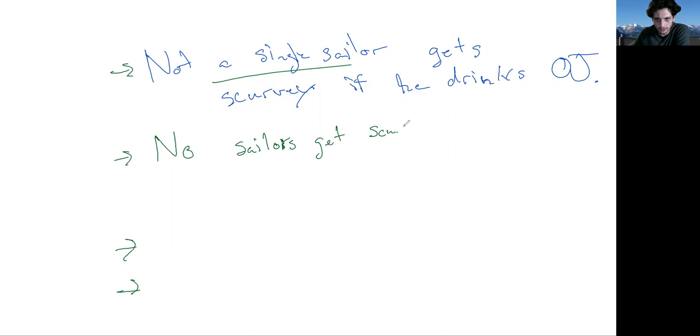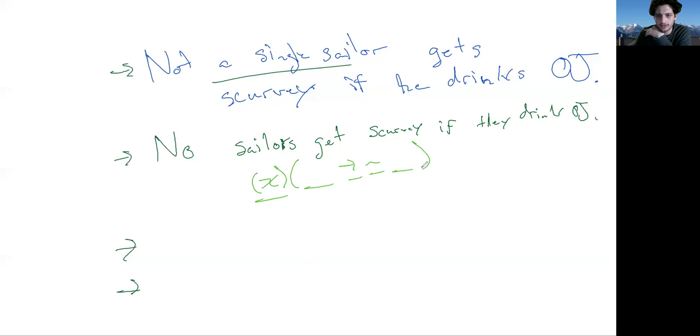Get scurvy if they drink OJ. Right. So I'm already starting to think of this as, okay, well, no, now I'm closer. Because no, I already know this is just going to have this form: for all x, arrow, negation. Right? It's going to say, for everything out there, if you do one thing, then you're not going to get this other thing. Right? So for everything out there, and so further, I can go a little, no sailors get,